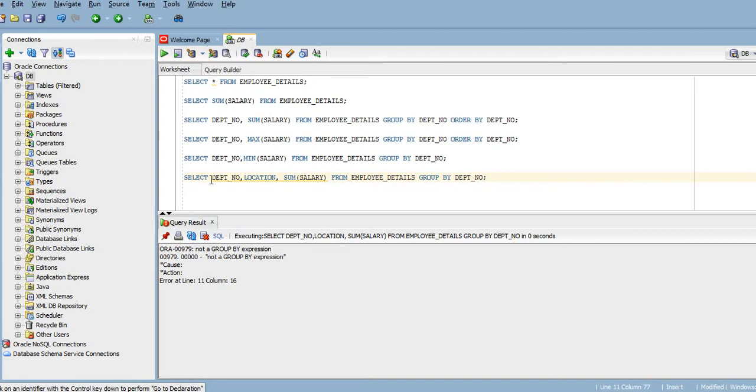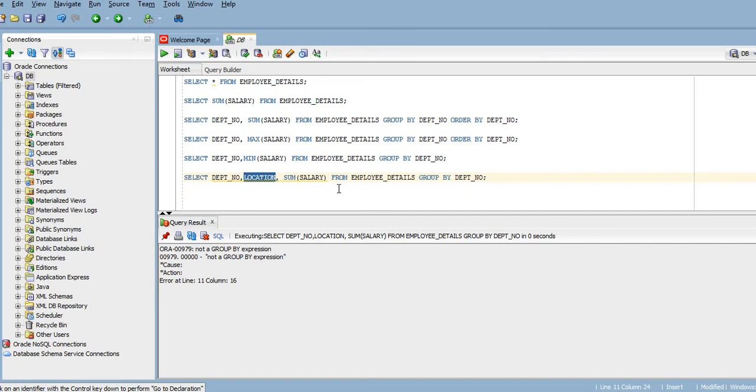So in selection, the columns you are selecting, except the column you are summing up, should be the same as the grouping columns. Which means in selection we have written the data for department number and location.